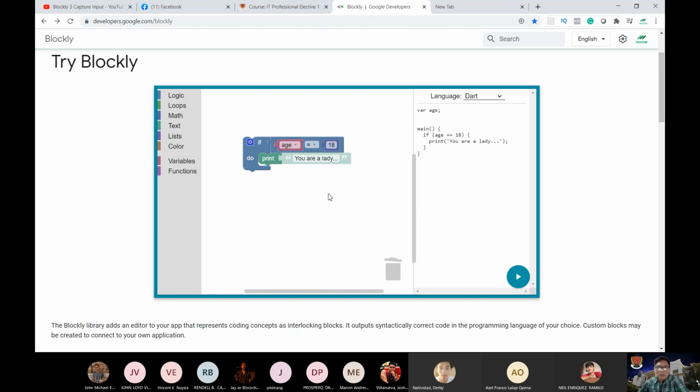18 na. Okay. So, this if statement will, mag-work na ba to? Itong if statement natin na to? If we run it, does this work already? Yes or no? Hindi pa, sir. Not yet, right? Because we don't have an input, right? We have a condition, we have a print, but there's no input that will trigger to print this based from this condition. So what we'll do is we will set,